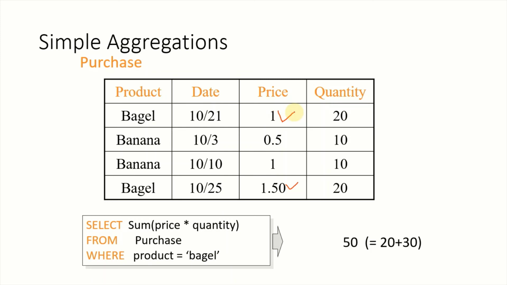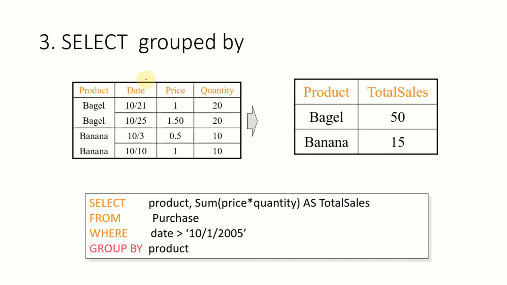So what will we do? We will multiply this price with quantity. It is actually in the query price star quantity, so 1 multiplied by 20 and then 1.5 multiplied by 20, and sum up these values. So we will have 20 for this one and 30 for this one, and the result will be 50 after applying this sum. The result will be a single value, and here if we use group by, then we can get